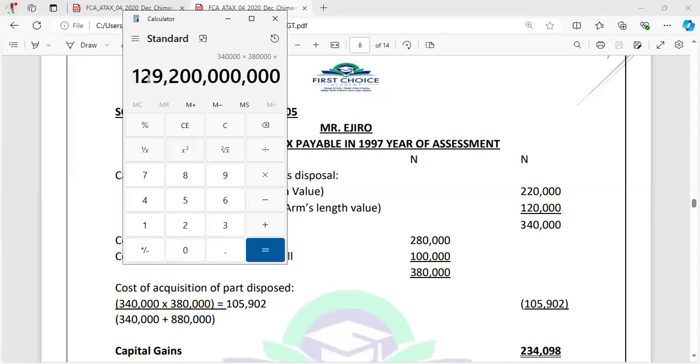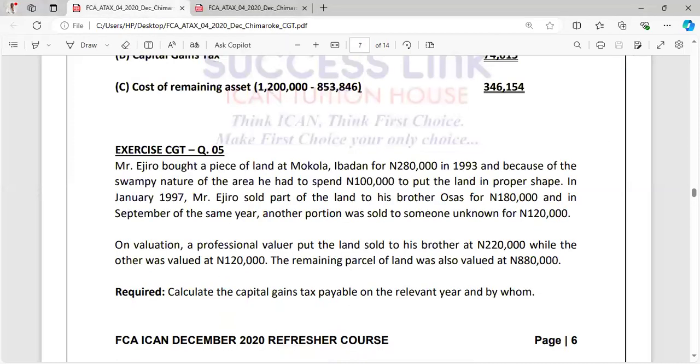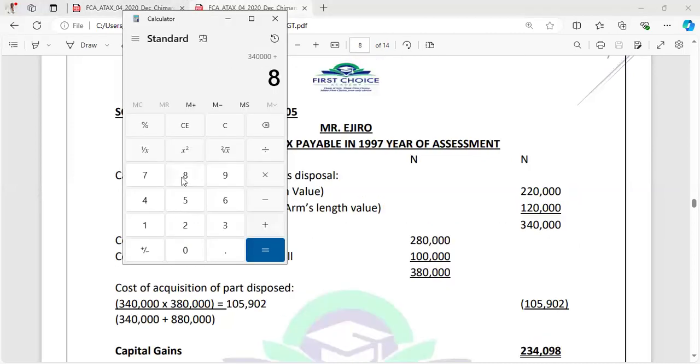Wow. And we are getting this mighty figure. All right. I'll copy this figure because I'm going to use it. Now, let's look at the denominator. 340,000 is our A. Our B is the part that was not disposed. It was valued at how much? 808,000. So that's why we have 880,000 added to it, 880,000, and we'll get 1,220,000,